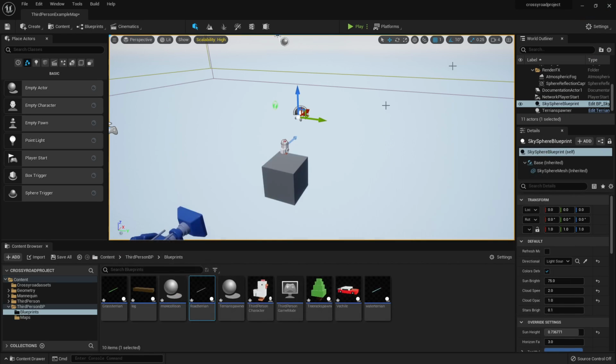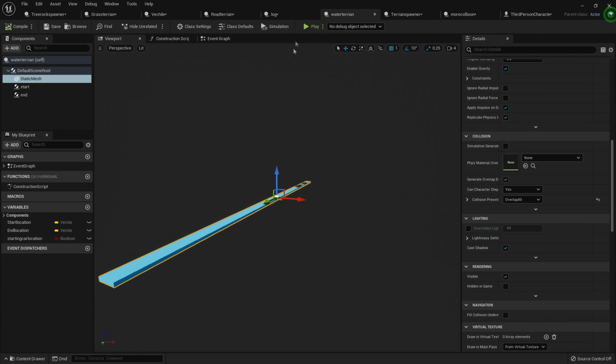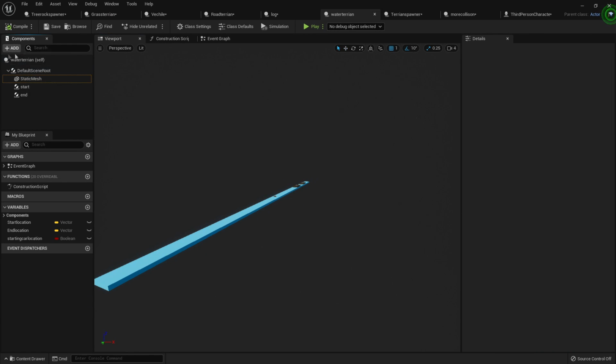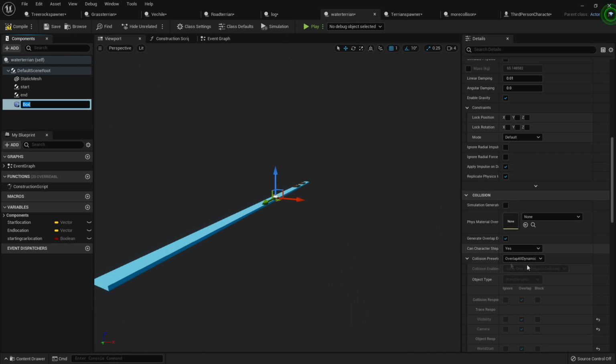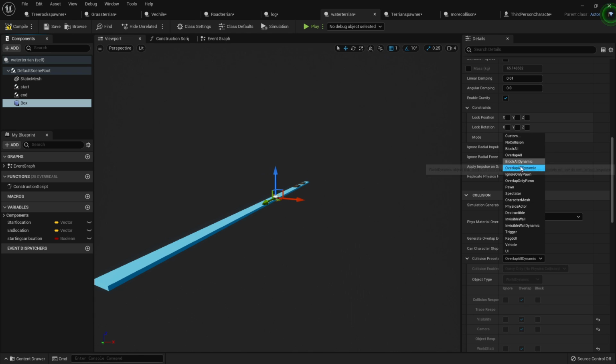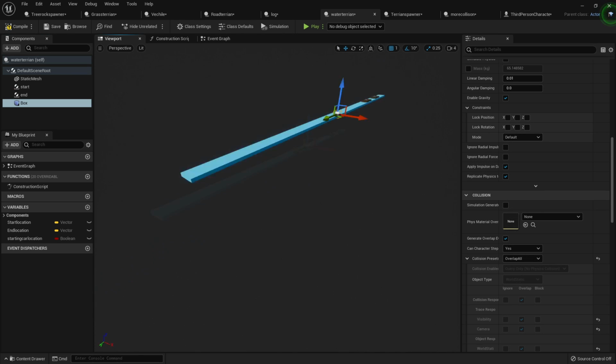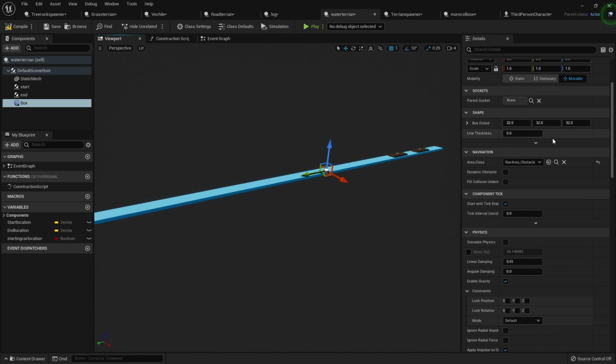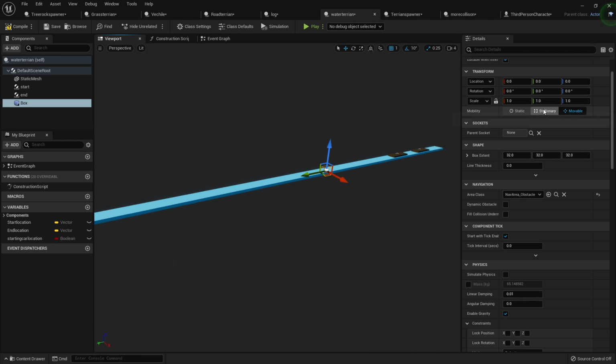And then if I just go to my water terrain, this one's going to be a bit different because our player is not going to step on this terrain. So I'm just going to do add and look for box collision, make sure overlap all, and I'm just going to scroll up and just increase the scale of this to be like 52, so it's wide,